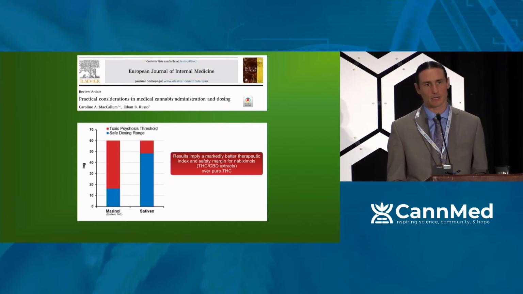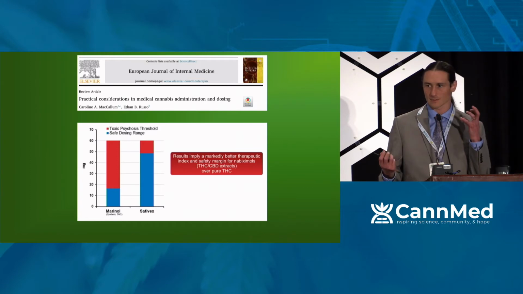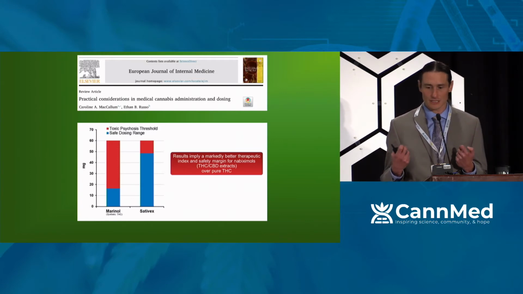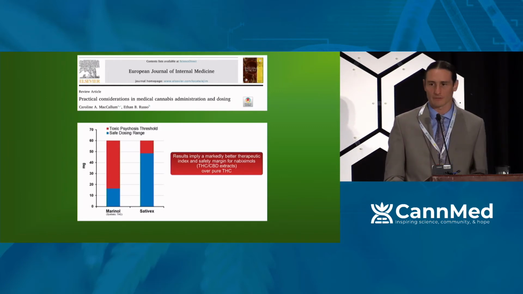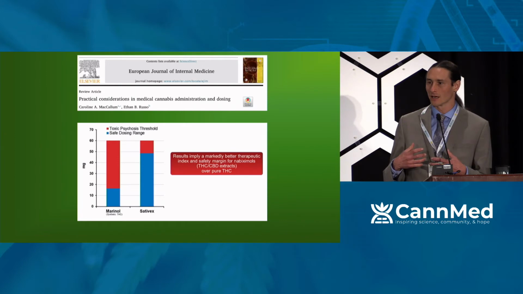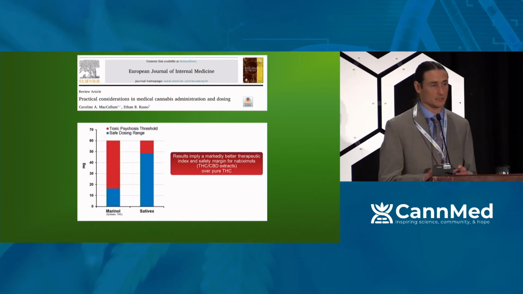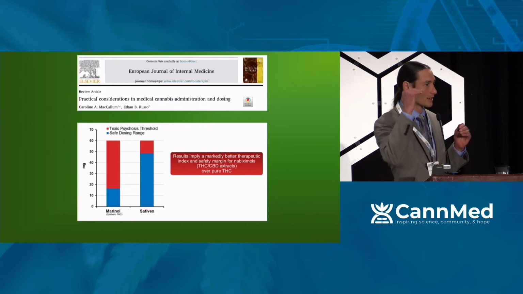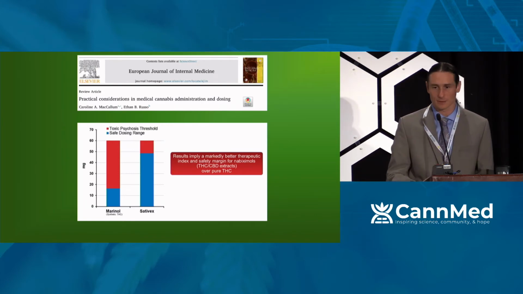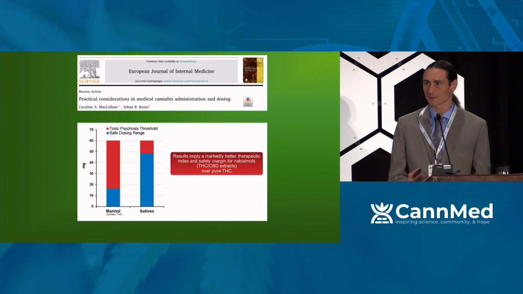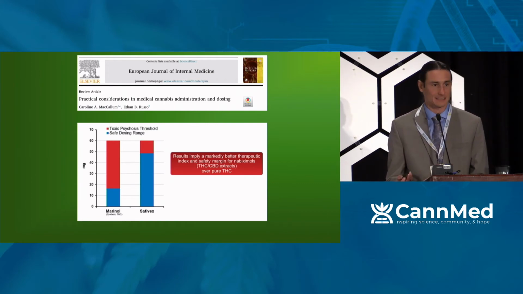But if I remember correctly, for a combination of approximately 1-to-1 CBD and THC, the threshold for toxic psychosis was around 50 milligrams. So half of that would be 25. So basically, in the presence of an equal quantity of CBD, the threshold for psychosis from THC went from 18 up to 25. And you can see that's widening the therapeutic index. Someone could tolerate more without experiencing this severe side effect.